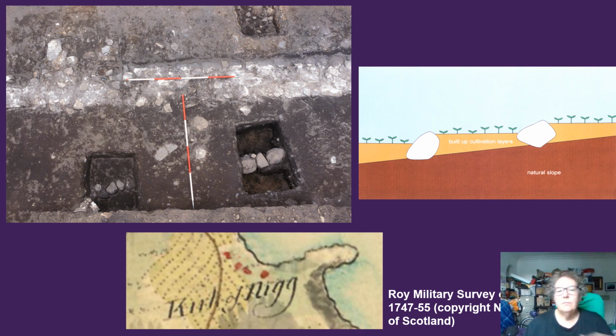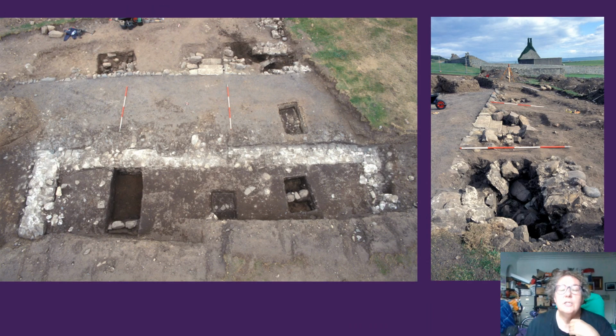And you can see here the map I showed you, the Roy map, is showing the fields again, as I said. So this is probably representing that in the 18th century before, this was a cultivated area, and so this was to stop the soil blowing away and to accumulate a good depth of soil for cultivation. And so we found the manse, which is obviously what we were hoping to do,